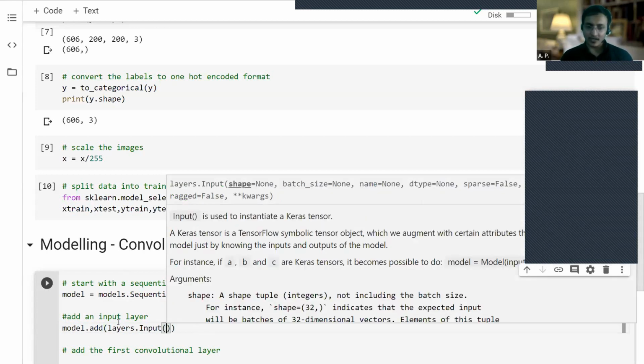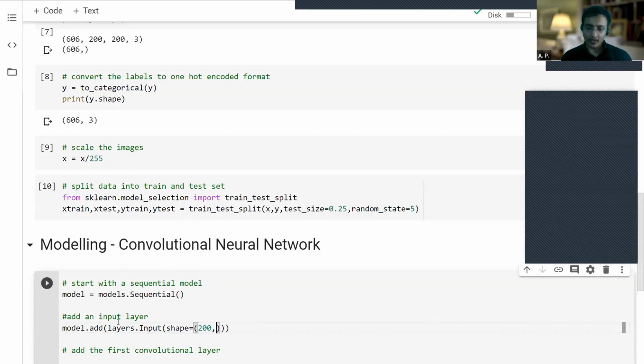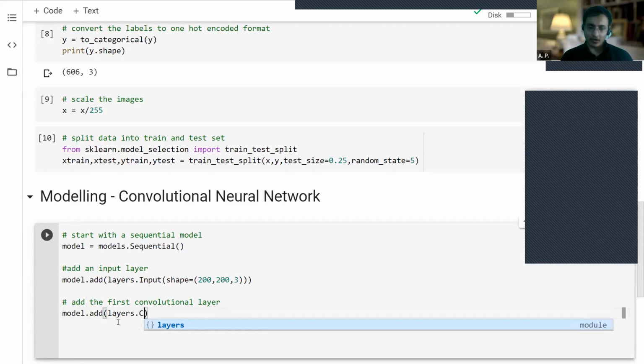And here we just mention the shape of data. So the shape of our data is what? 200 by 200 by 3. That's that. The input layer does not perform any computation on data. Model dot add. Now we can add the first convolution layer, so layers dot conv2d,